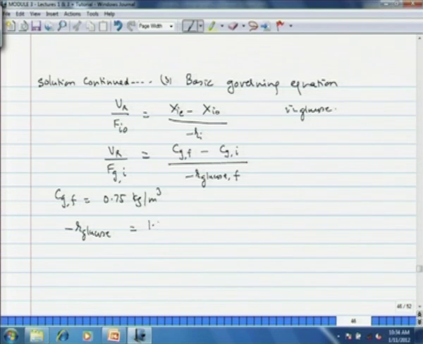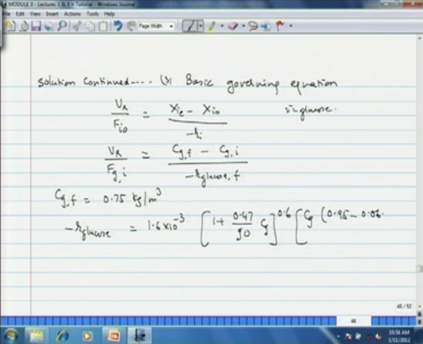So minus R glucose is 1.6 into 10 to power minus 3, 1 plus 0.47 divided by 90 into Cg raised to 0.6, again Cg into 0.95 minus 0.06 Cg divided by Cg plus 2. And then here we do not have to perform any integration, we have to simply substitute Cg F here